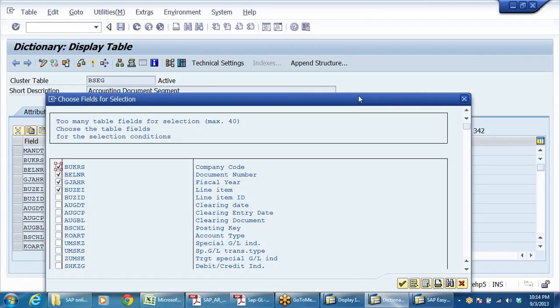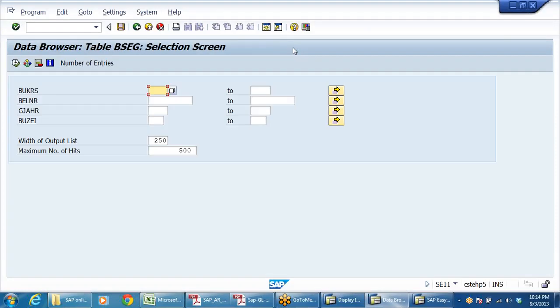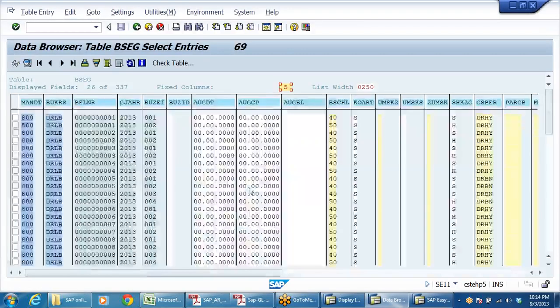Click on this. I'll show you the actual tables. BUKRS means company code. So our company code is DRLB. If you don't give the company code, the system will show you information of all the companies, but that is not required for us. See, DRLB.